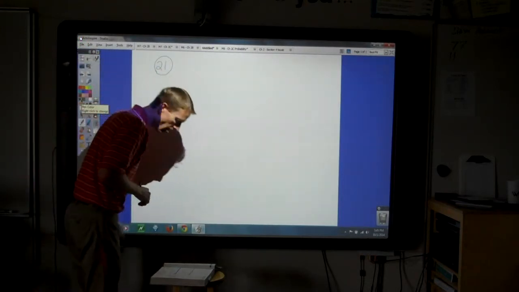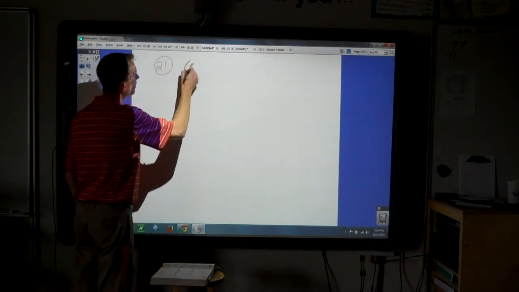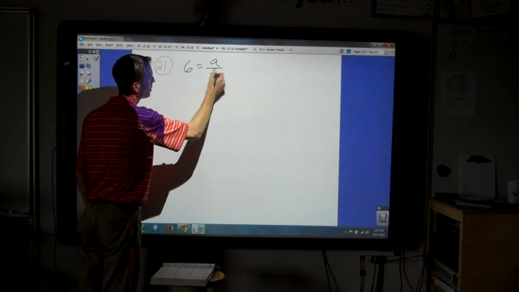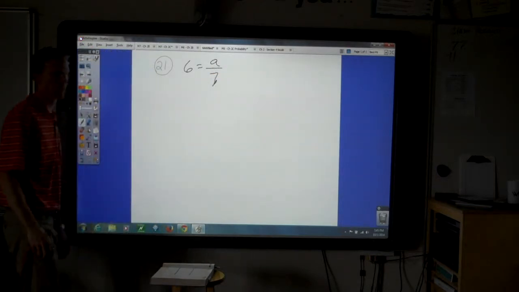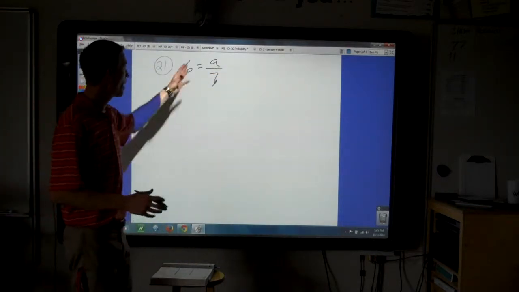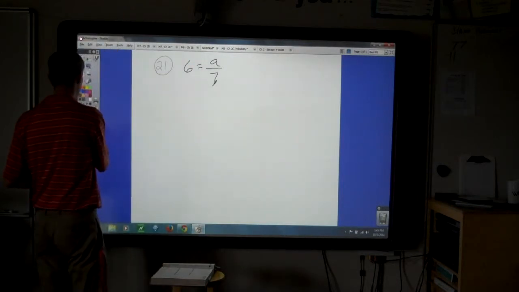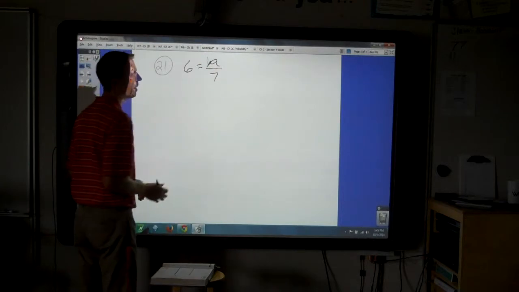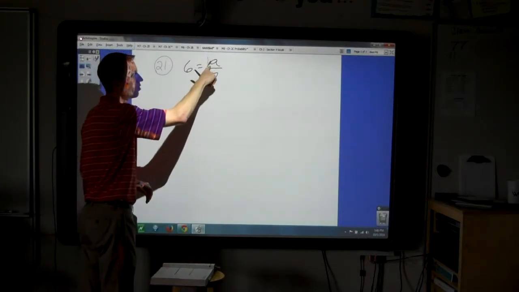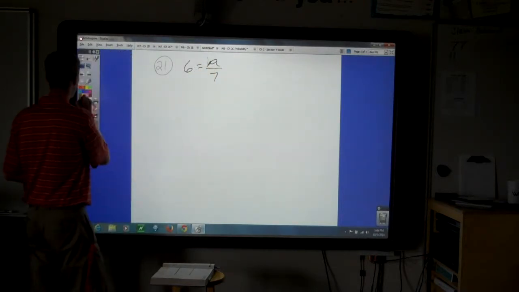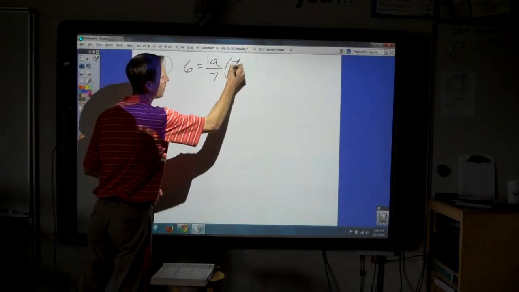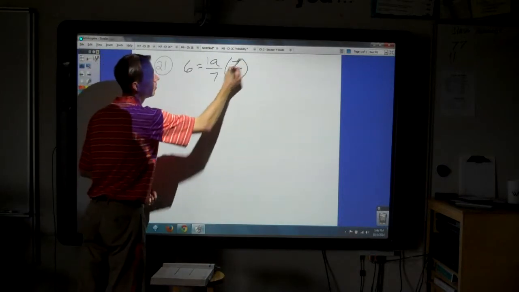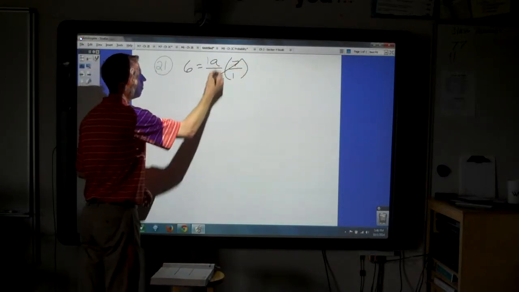Number 21 is 6 equals a over 7. 6 equals a over 7. So if you're doing this problem, you write that down and then think, this is 1a over 7. That makes the coefficient 1/7, and then multiply by 7 over 1, the reciprocal of 1/7, in order to get a by itself. Bring down the a,